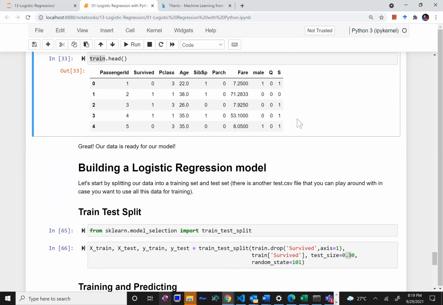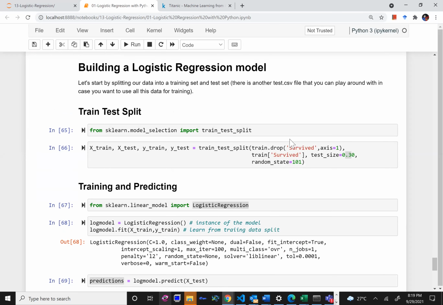Now till this far, 80% of our time went on data cleaning, data processing, and data visualization. So this thing is going to remain constant. You have to spend 70 to 80% or even 90% of your time on data cleaning, data processing, and data visualization. The rest, machine learning, is just a few lines of code.